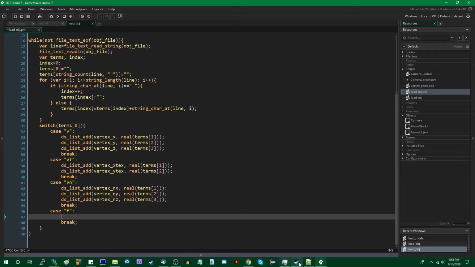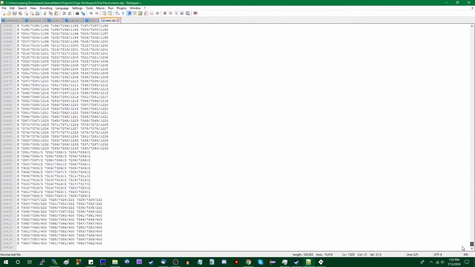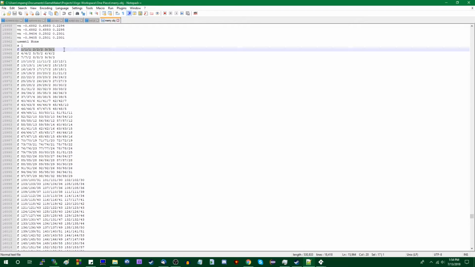Again, I think I mentioned this, but if I scroll all the way down to the bottom of this file here, you have 3 points. You may have more than 3 points depending on the contents of your 3D model in Blender or 3ds Max or whatever you happen to be using. But for the purposes of this video, I'm going to be worrying primarily about faces with 3 points in them, so triangles. If you're using Blender, you can select all faces and hit Ctrl-T to convert them to triangles, and I believe there would be similar methods in other 3D modeling software.